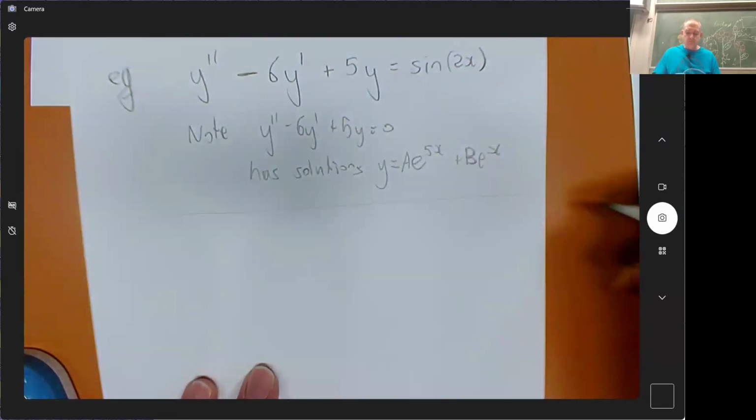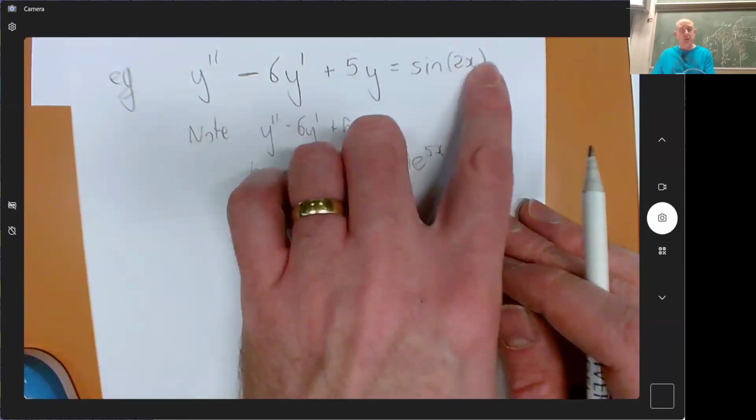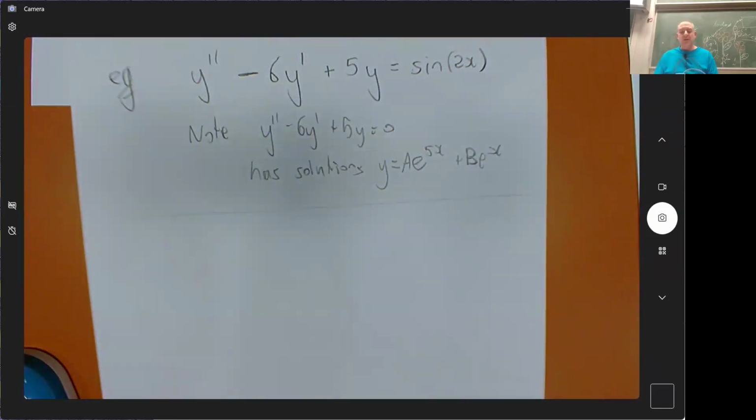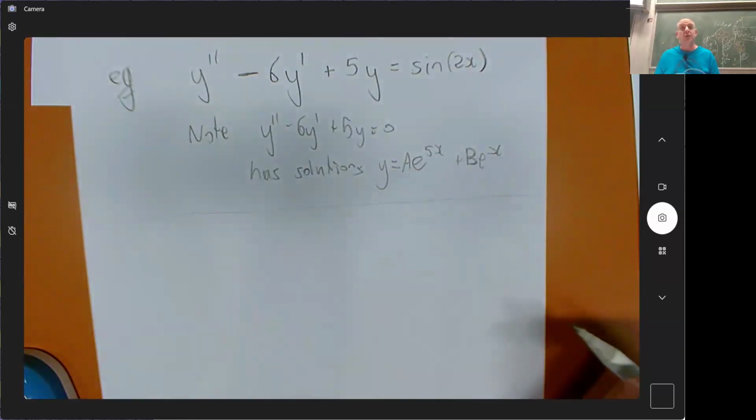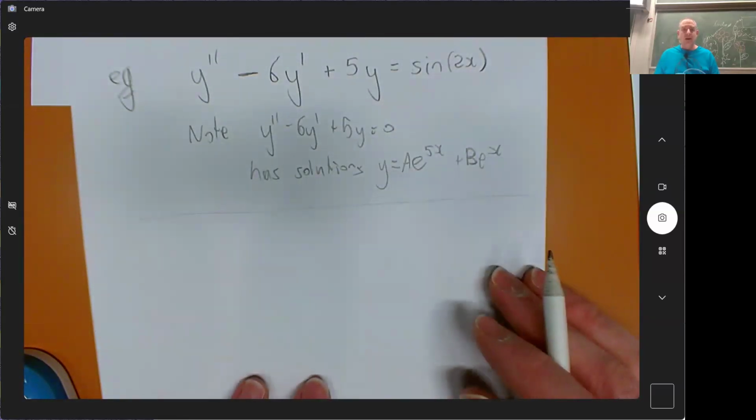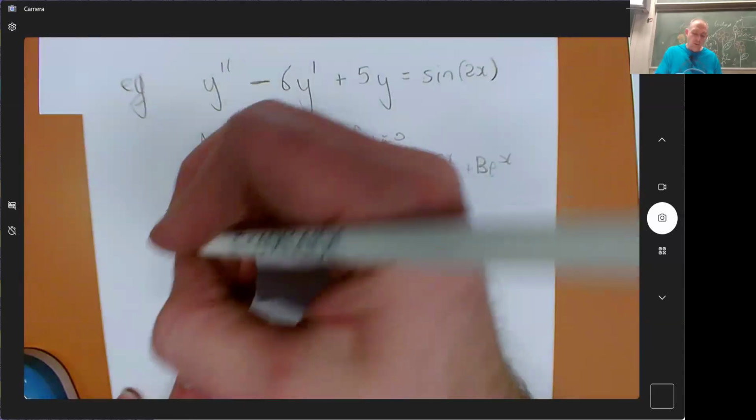So if I wanted to find all the solutions to this one, I know that I just need to find a particular solution to this, and then I can add this on and it would be all the rest of the solutions. So what I need to do is